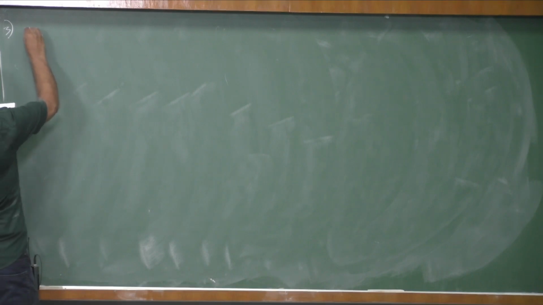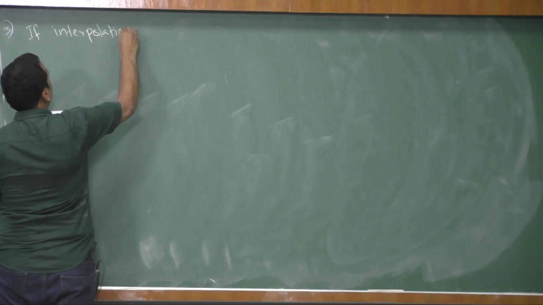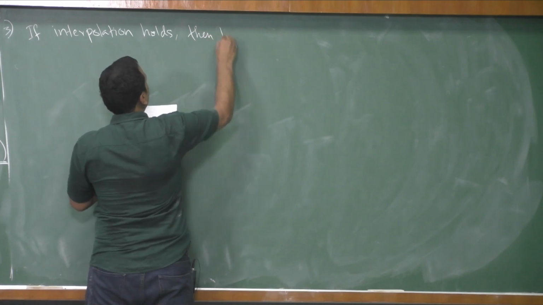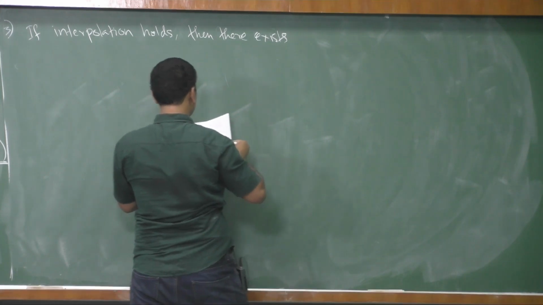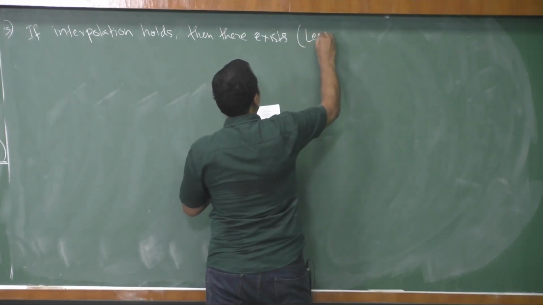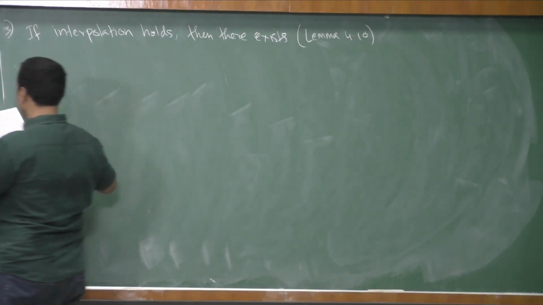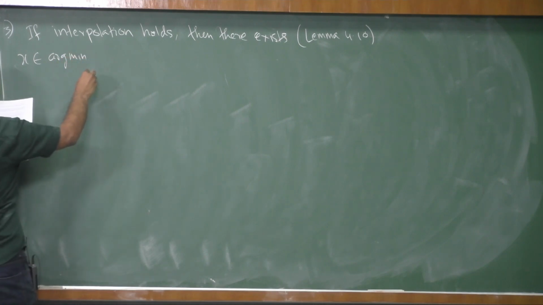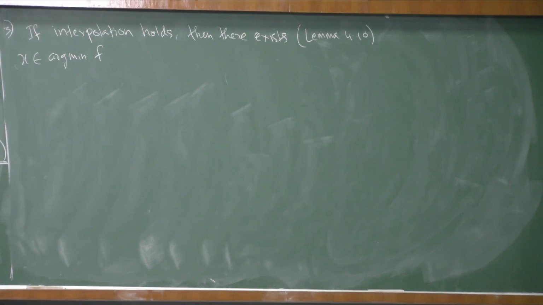So if, then there exists, so this is from lemma 4.10. Then there exists x in argmin. What you can do is get a print of these notes. We will be doing this for another 2-3 classes, so that will be easier to refer to in the class. Okay, so